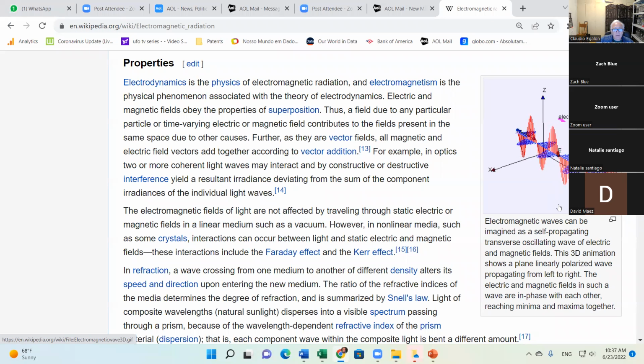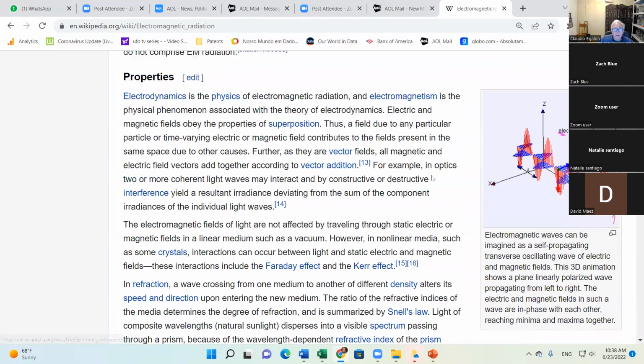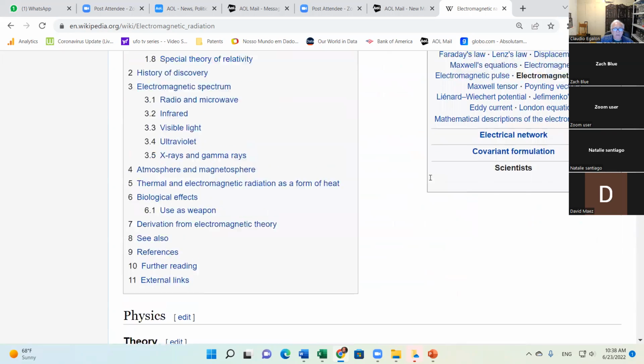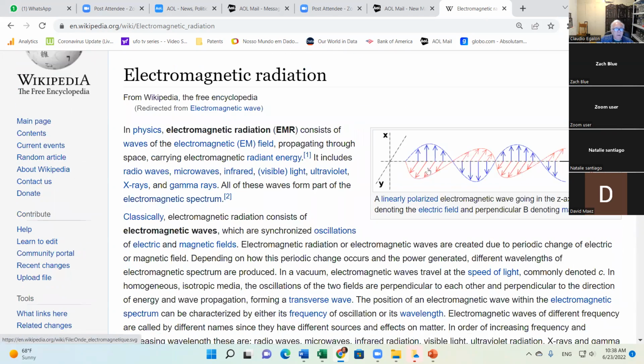It gives you the impression that the thing is moving from the left to the right. Well, actually, it does move. The energy moves from the left to the right, and the magnetic field tags along with the electric field. Here is the wavelength. See the wavelength of the electromagnetic wave? The wavelength is the distance from here to here, peak to peak. The wavelength of the magnetic field is also the same as the wavelength of the electric field.